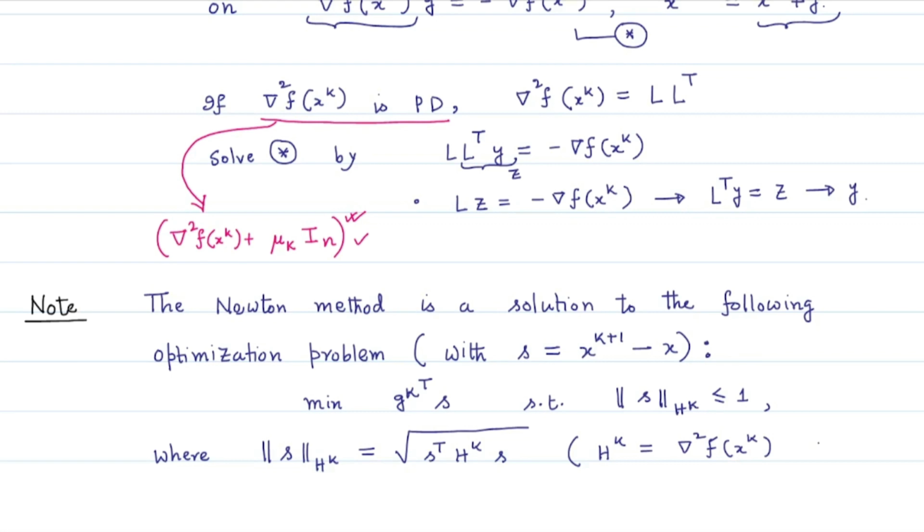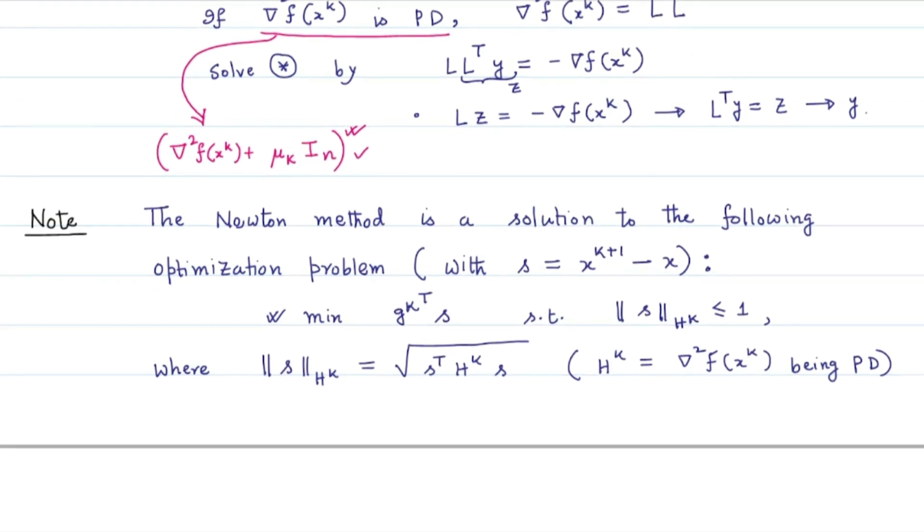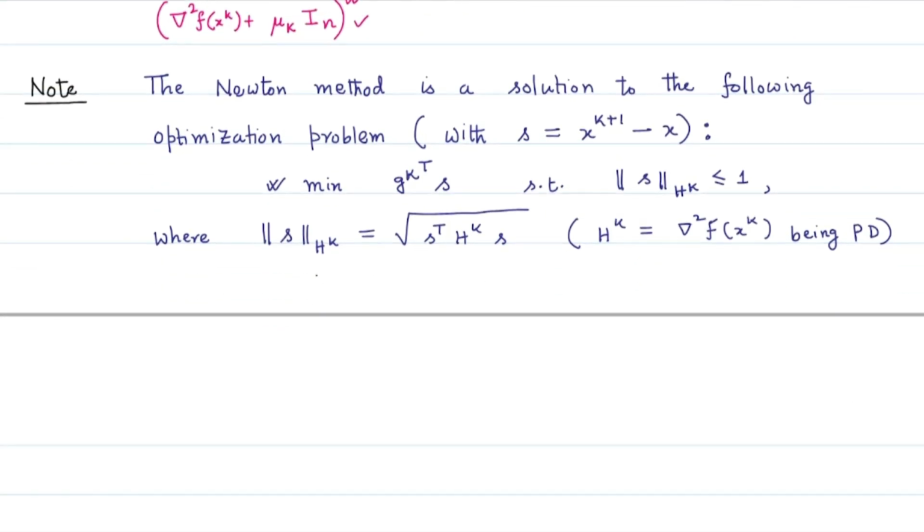Provided this Hk is a positive definite matrix, we can show that this pure Newton method is a solution to this optimization problem. So we assume here that this Hk is a positive definite matrix. Here this norm of s with respect to Hk is known as the ellipsoidal norm,